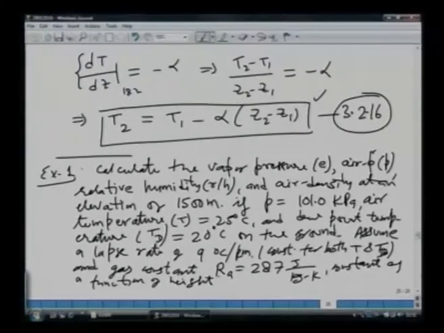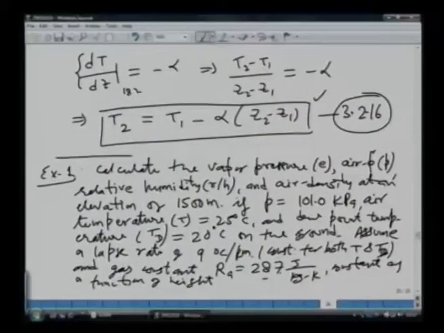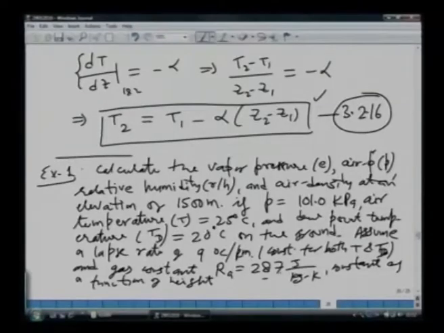Okay. What does that mean? That last sentence, it is constant as a function of height, means that you have to ignore the variation of R A as we are going up. Okay. So, just use this value 287. Ideally, it will be changing as the humidity level will be changing. Remember, there is a relationship between R A and R D, which is related with virtual temperature, but we are to ignore that. Okay. So, moving on, we look at the solution of this.